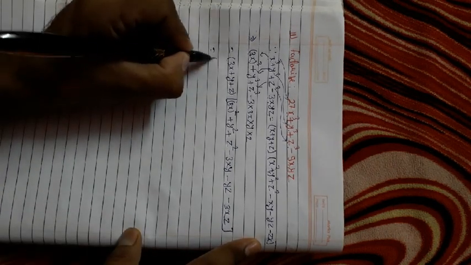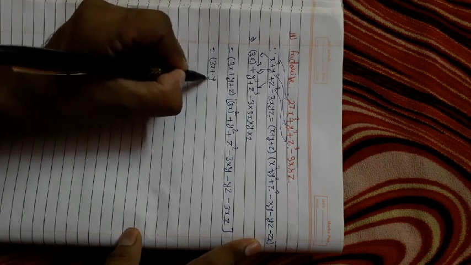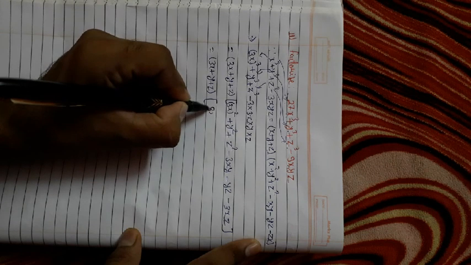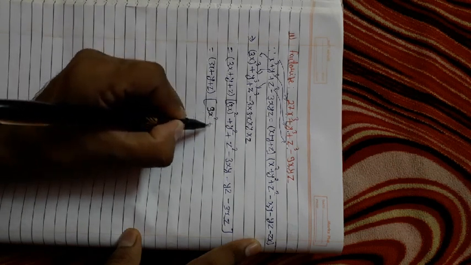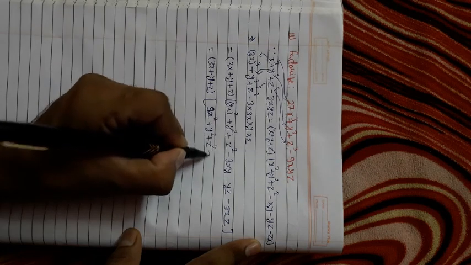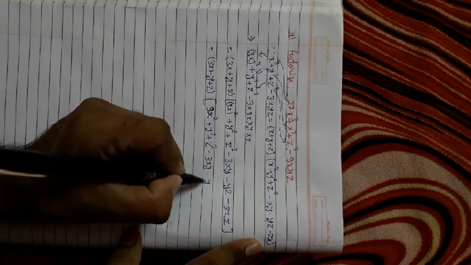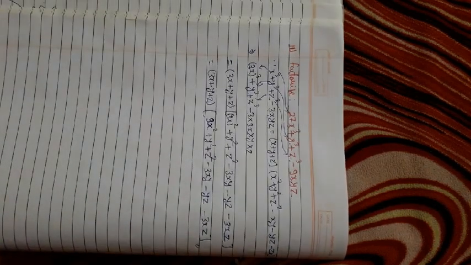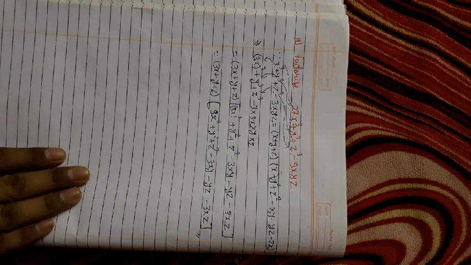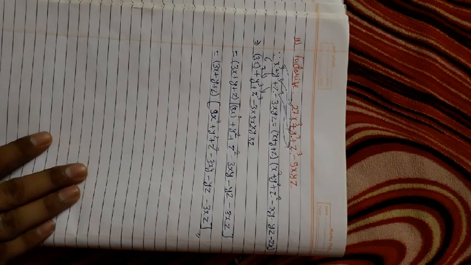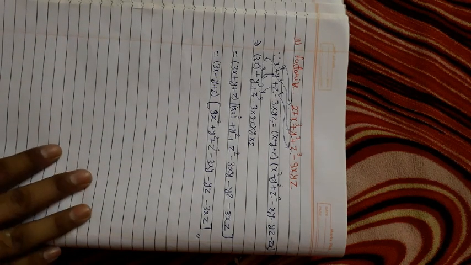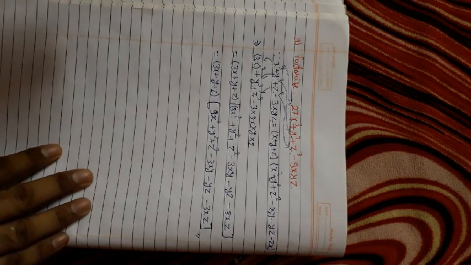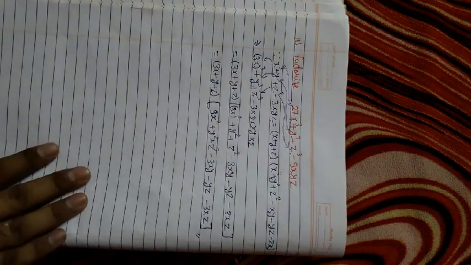Okay, so when we solve it we'll get 3x plus y plus z, and here 3x square becomes 9x square plus y square plus z square minus 3xy minus yz minus 3xz. We have done nothing here. Just compared the sum with the identity, and according to the identity we have changed our terms, and we'll get the values of x, y, z. Then I have put the values of x, y, z in the identity.